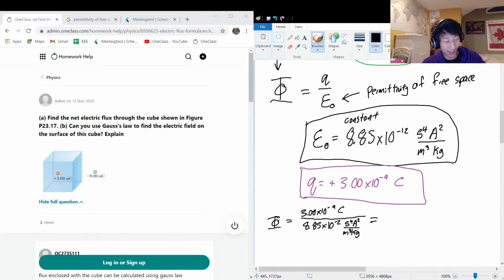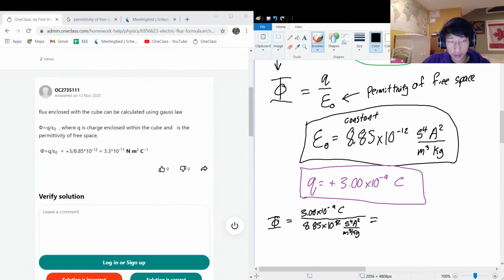So the magnitude of this result: 3 times 10 to the power of negative 9, divided by 8.85 times 10 to the power of negative 12. Oh, that looks like a negative 2. That's negative 12. And the result of that math is